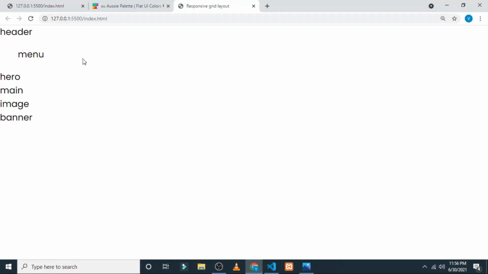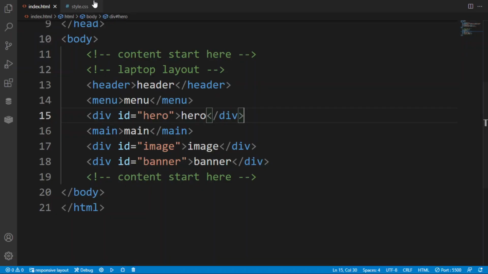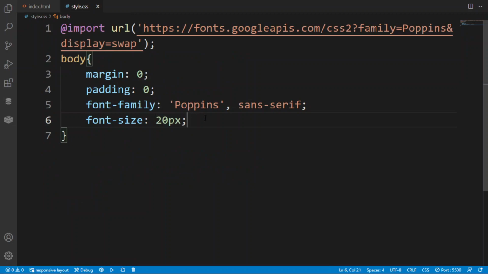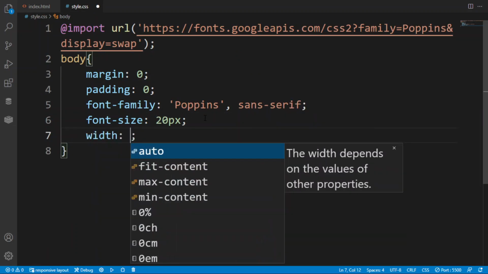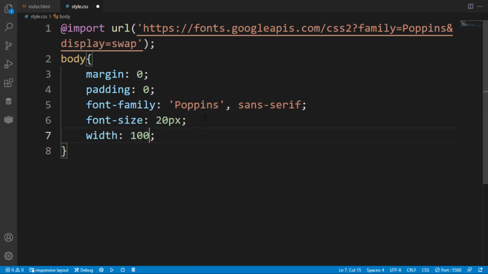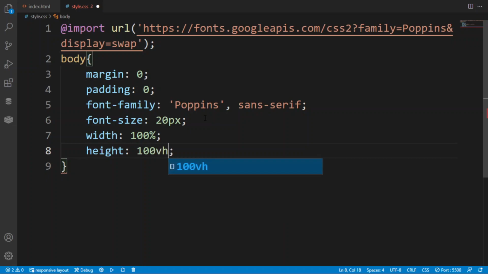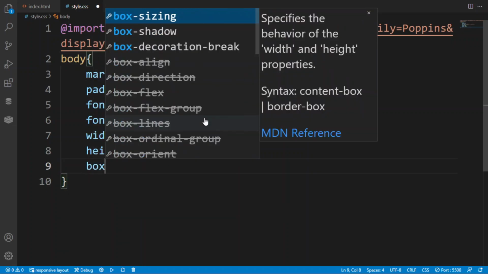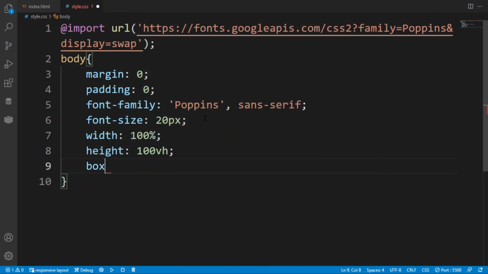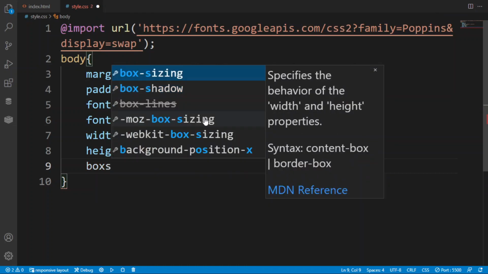So here I have written all the things that I have mentioned in the image. As you can see, I have to close this extra tab. Here these are the things that we have created till now. Here I am giving the width 100 percent, means according to the width. Here I am giving height equal to 100 vh, means viewport height.